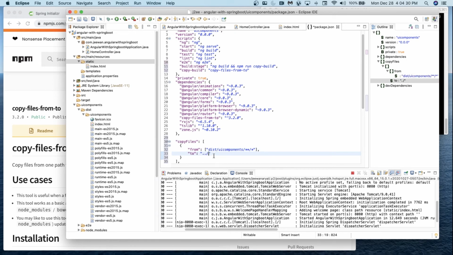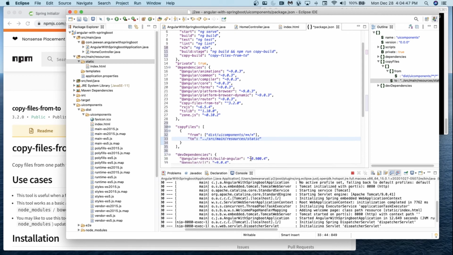So I need to go one folder up, find this src, go to main, then resources, and then put it inside the static